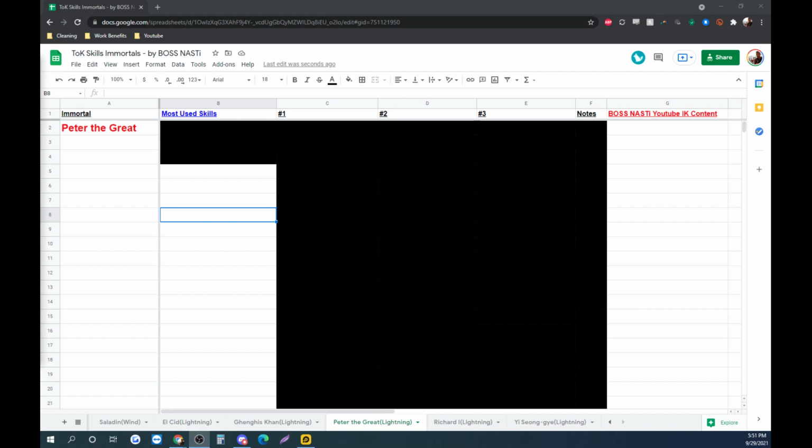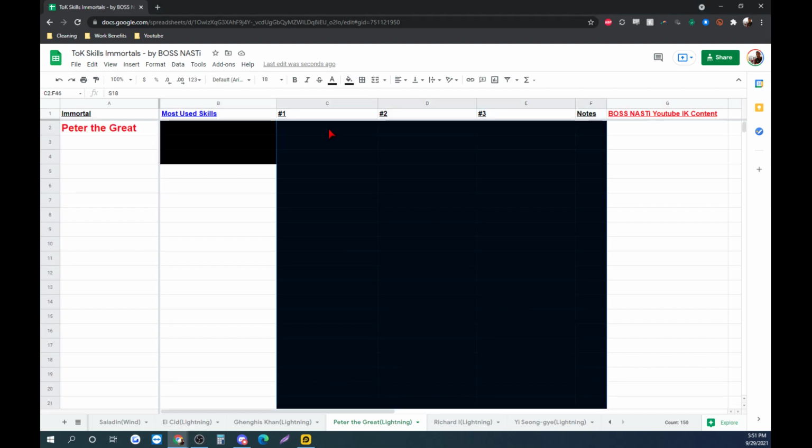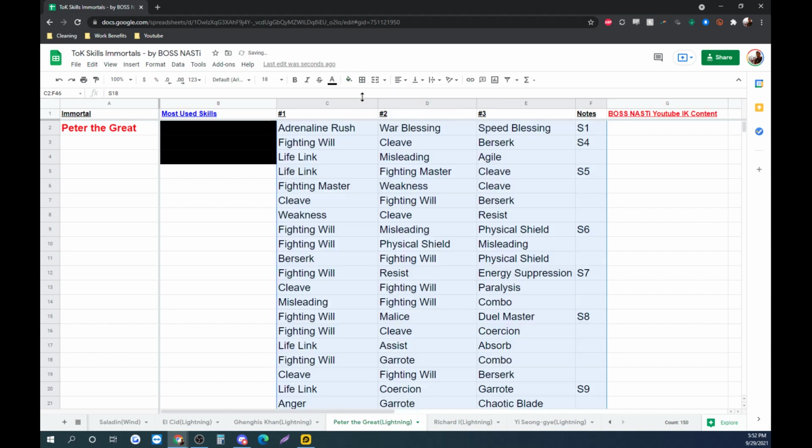We're going to be taking a look at our newest element lineup for the most used ToK skills series. Next up is Lightning, and we're going to be starting with Peter. Yes, that also means that we're going to round it out with the big Shabuya Bang of Fire. Today is Peter the Great. Let's go ahead and take a look at Peter's most used skills, as always, starting off with all the